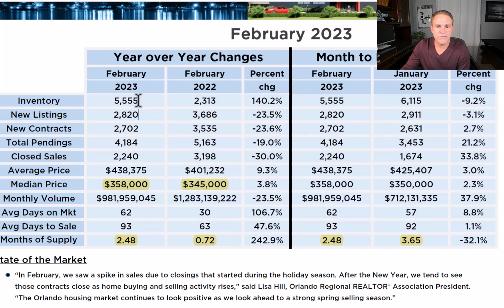this year. So when you look here, right now, currently we sit with 5,555 homes. That's a pretty spectacular number, 5,555. That is up 140% from February of last year, but it's still super low. We're going to look at months of inventory here in a second. Inventory of 6,115 in January is down 9.2%, which is important to notice because there's been a lot made, understandably